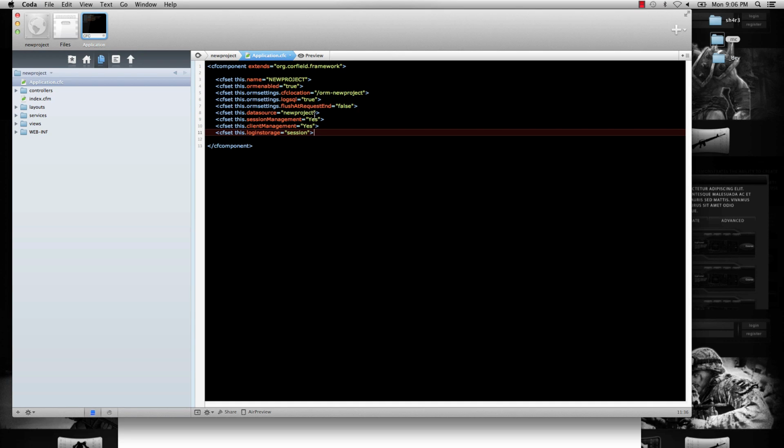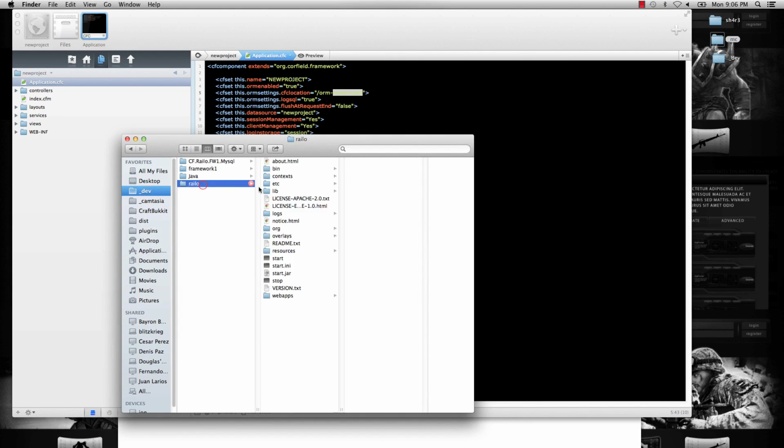Alright, so basically the main thing to note on all these lines is the name of the project is new project. We're enabling ORM. We're setting the CFC location to ORM hyphen your project name,